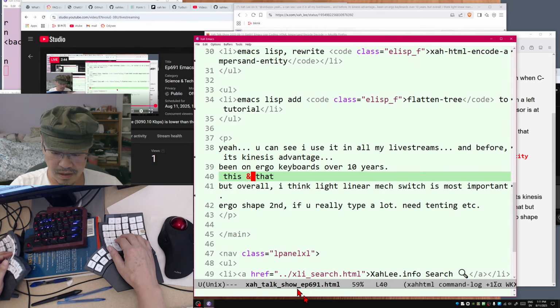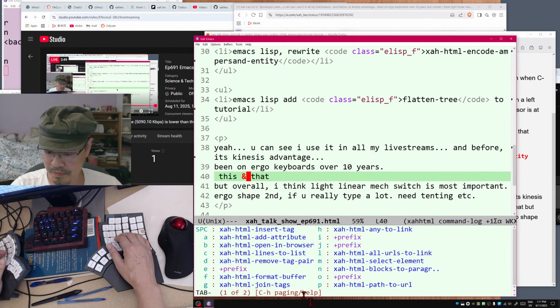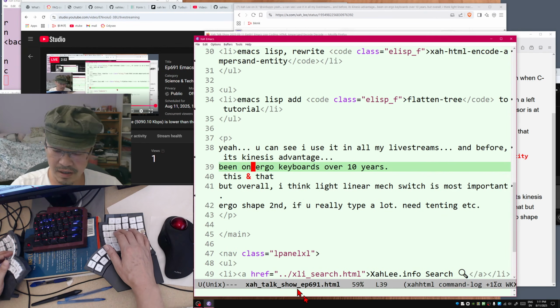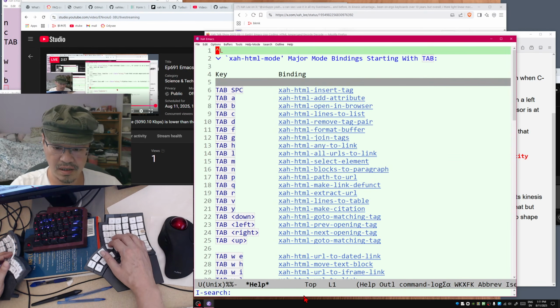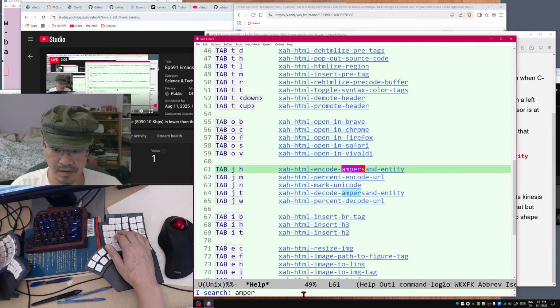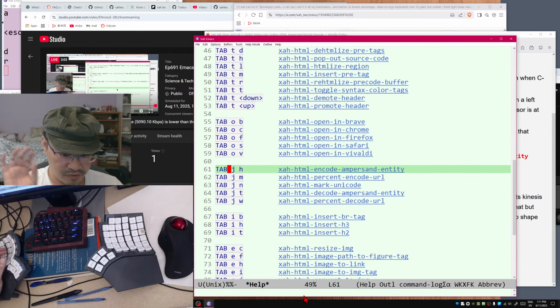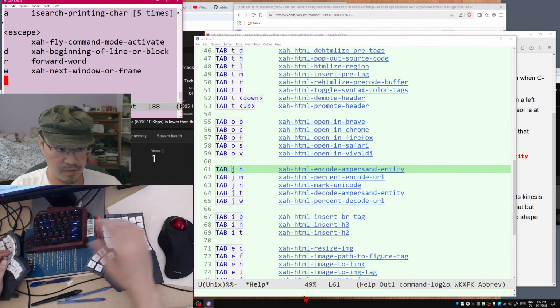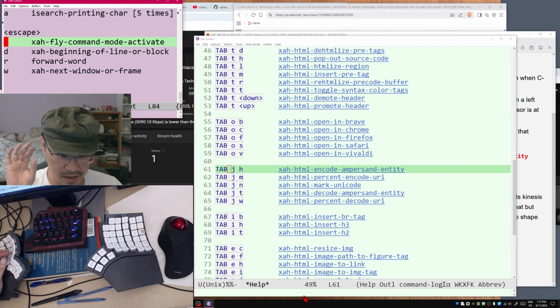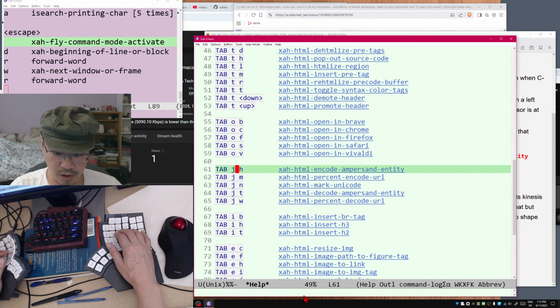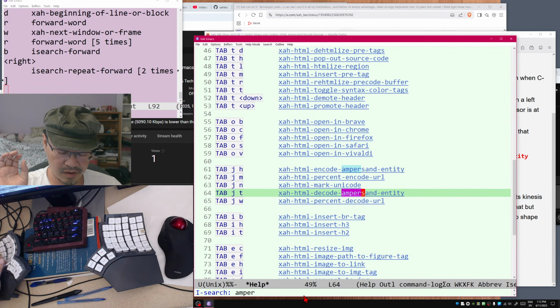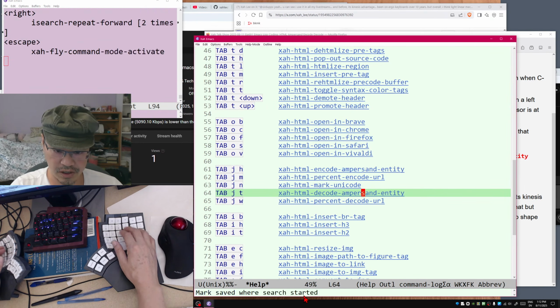So there's the command. Let's see what is the key. Press... undefined. I forgot what's the key. So let's press Control H. Let's see. Search for ampersand. Okay. Tab JH, that's Dvorak keyboard layout. Okay, so you can see all my command codes and the command name on the right side in the pink window. Command keystrokes on the left. Okay, Tab JH on Dvorak keyboard, encode ampersand entity. Okay, search for ampersand, and there's also decode ampersand entity. Tab JH. Okay, so